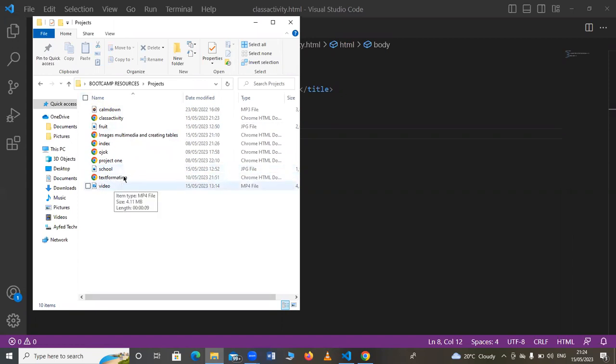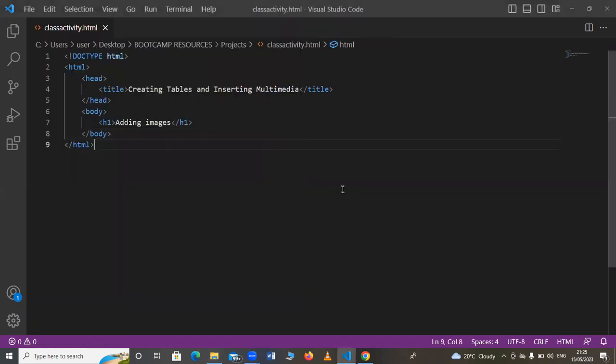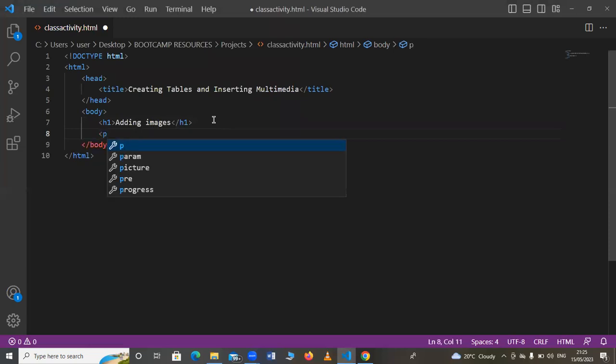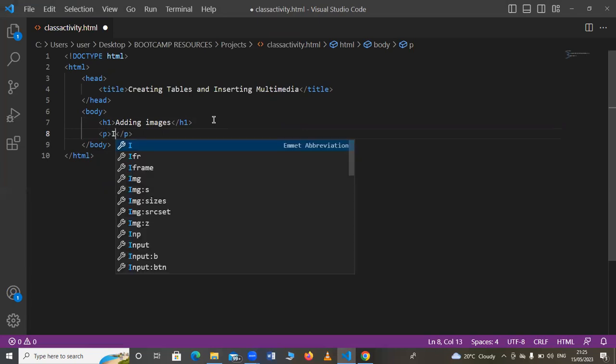I have a video here. I also have an audio there. Like I said, prior to this call, you are supposed to have these things. Now, I want to add these images to my website. I'm adding an image. Let me start with the P tag to explain what the image is about. When I talk about the P tag, I mean the paragraph. Of course, there are other videos where there is deep explanation of this, for you to understand better if you're new, I will still refer you to the previous videos, which I'll give you the links to later. Now, a P tag, let me say, images